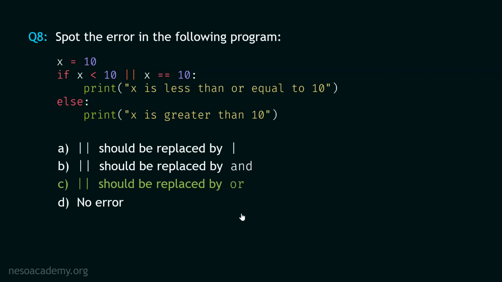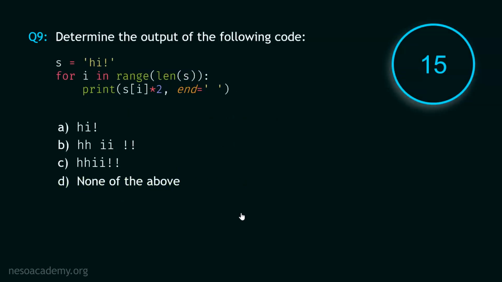Now let's move to question number 9. And your time starts now. Stop. The answer to this question is option B, HH, then white space, then II, then white space, then 2